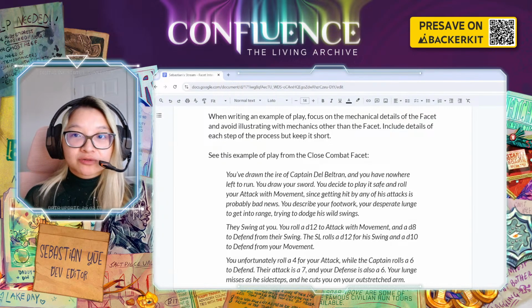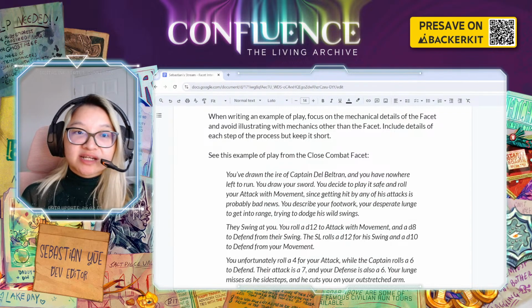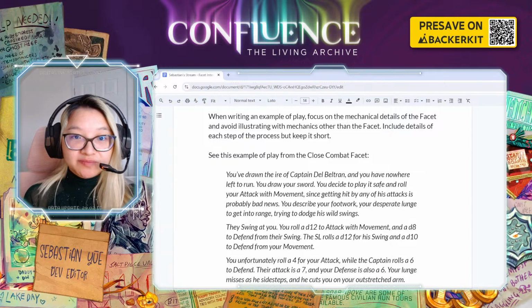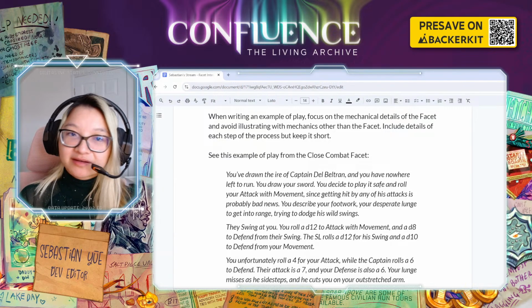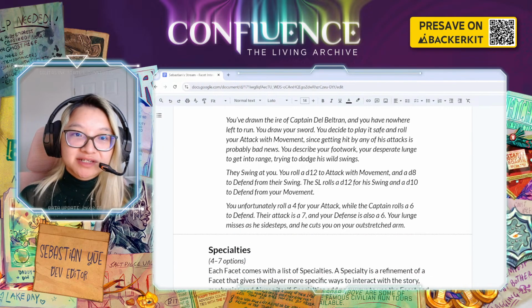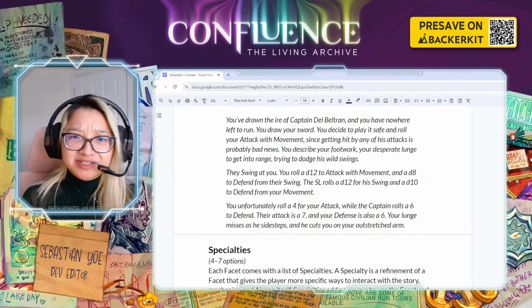So you focus on the mechanical details of the facet and avoid illustrating mechanics other than the facet. You can include details of each step of the process, but keep it short. And so I've quoted a section from the close combat facet, which, you've drawn the ire of Captain Delabeltran and